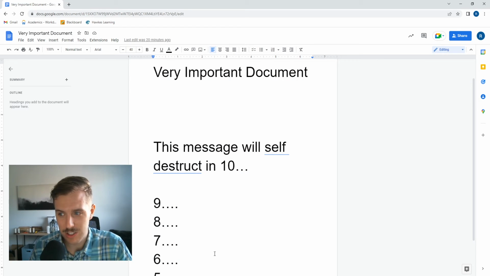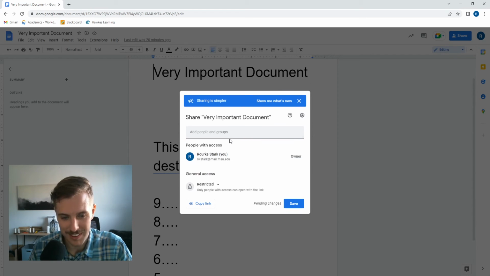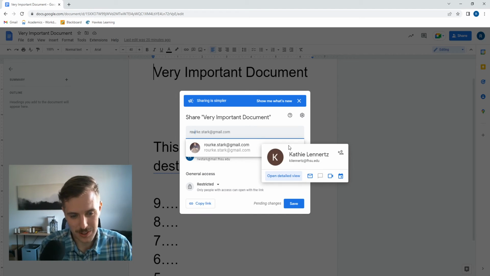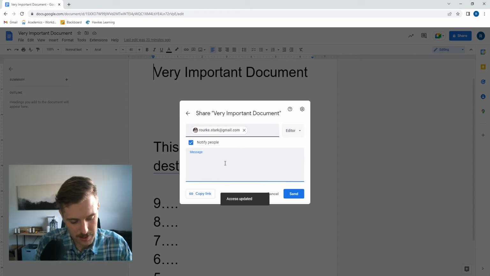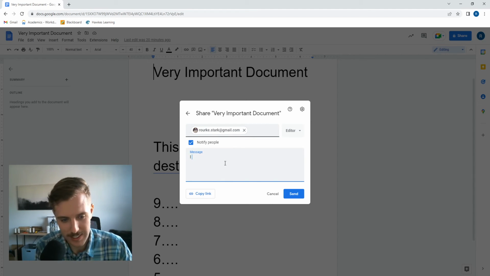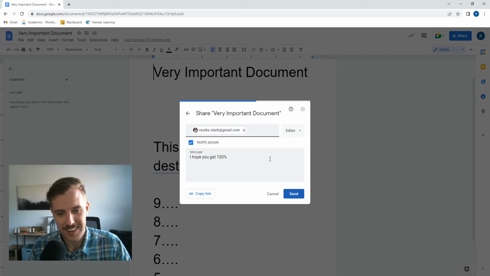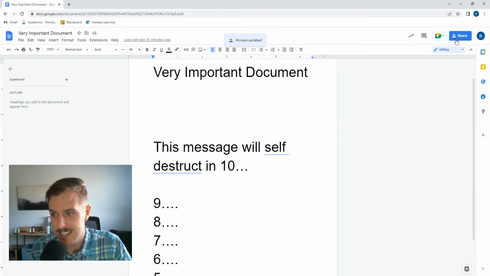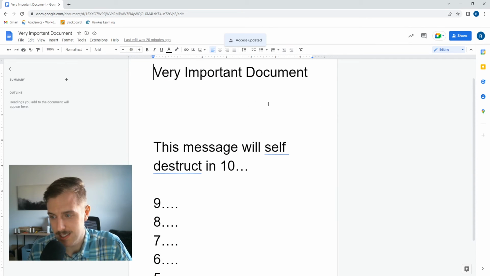Okay, so now I needed to show sharing to a particular person. As you can see, I already shared it with myself, so I'm actually going to remove access and do that again. You click on sharing up in the top right corner, and then you type in an email, and you can send a message. This one is wishful thinking. All right, and then voila, access has been given. And now if I log into my other email, I have access to the same Word document.